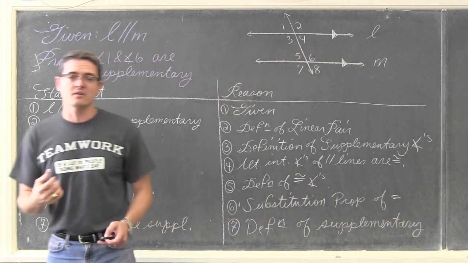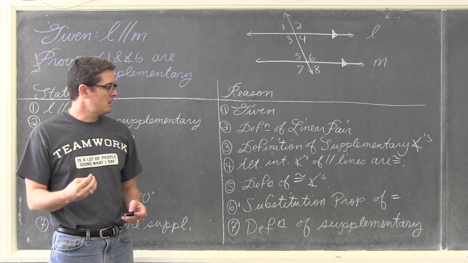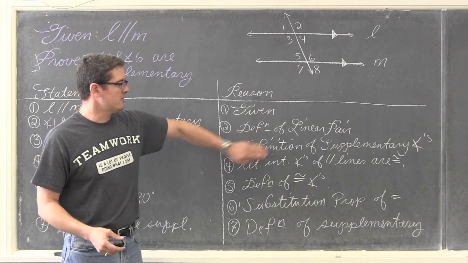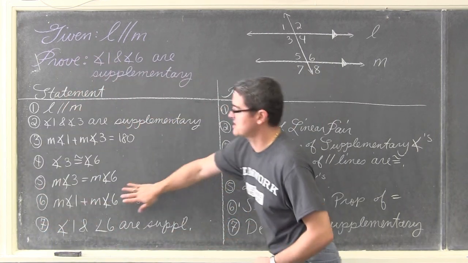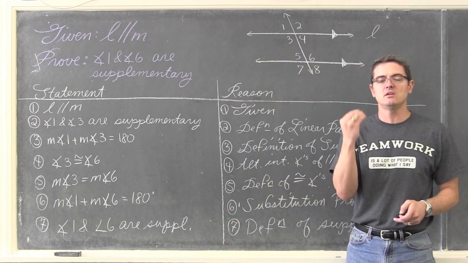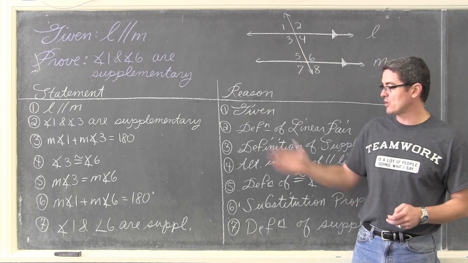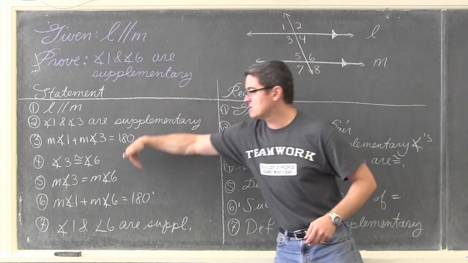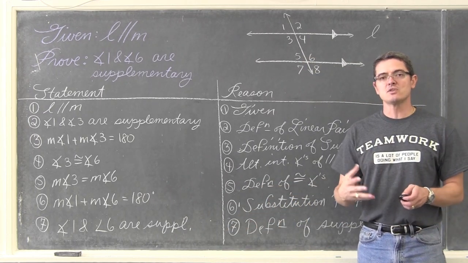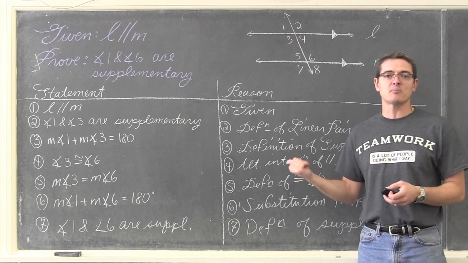You don't get that in a lot of classes. However, I do see a lot with the newer books that they give you these proofs, and you're not given the reason, or you're given the reason and not a statement. That's more of, unfortunately, just a memorization type problem. It doesn't strengthen your logic building skills. They're good examples, and you should pay attention to how the facts are strung together to strengthen your own logical problem solving skills, because that's really what you need to take out of these kind of problems once you're out of geometry.